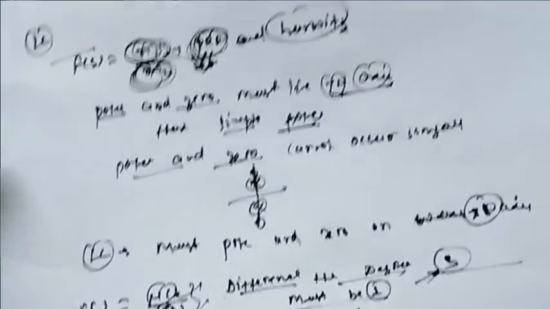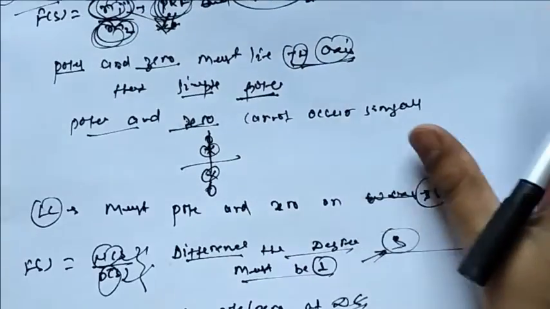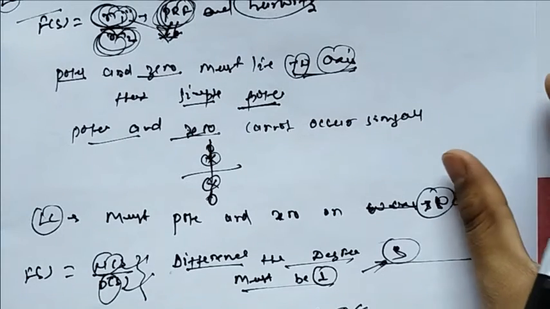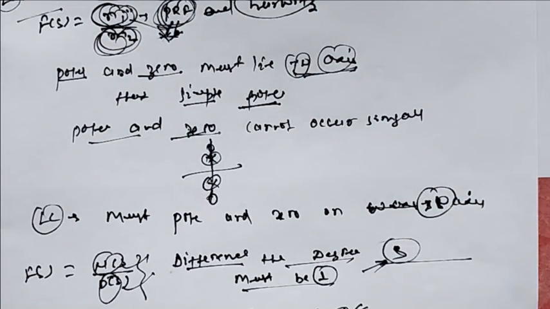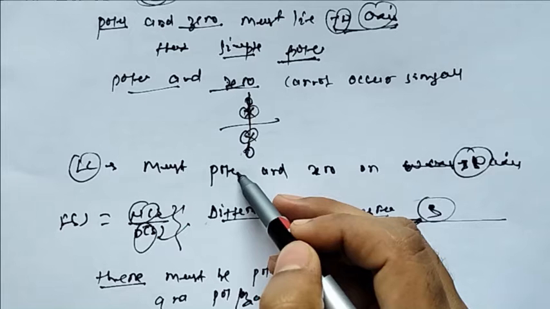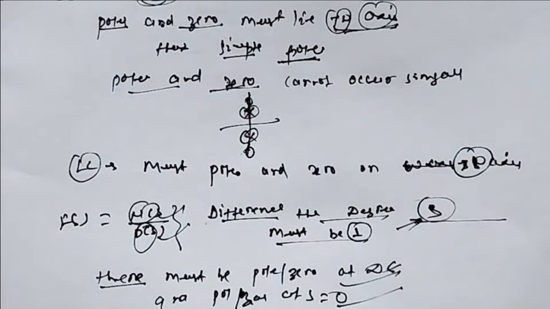So these are the realizations that we have made, going from a PRF function to an LC function. If a PRF function is an LC function, then what are the conditions that we have? We have seen that poles and zeros must lie on the j omega axis, and they must be simple. Now going further, now writing the F(s) function.